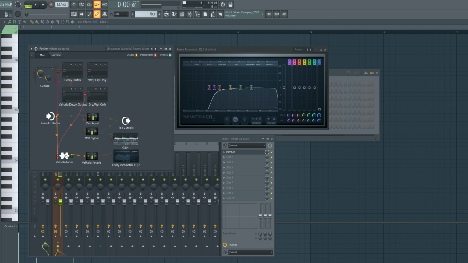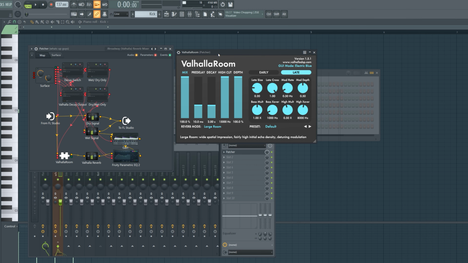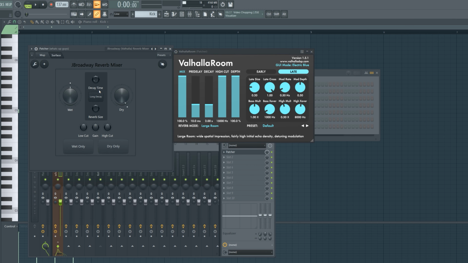And if I open up the Valhalla Room here, you can see that if I adjust the decay time and turn this up all the way, it caps out at about 20 seconds. But if I select long decay, then we get that full 100 seconds. So that is the only difference between the Valhalla version of the reverb mixer and the default version of the